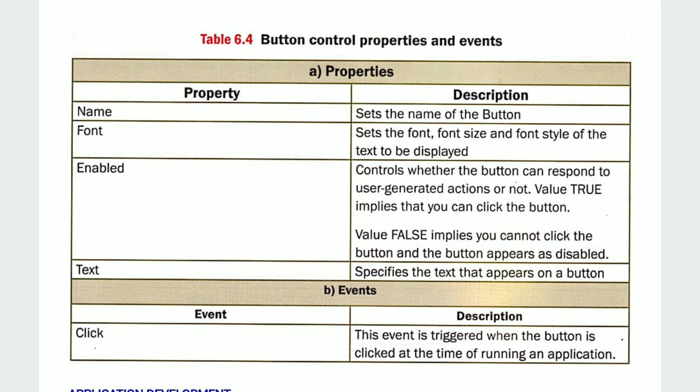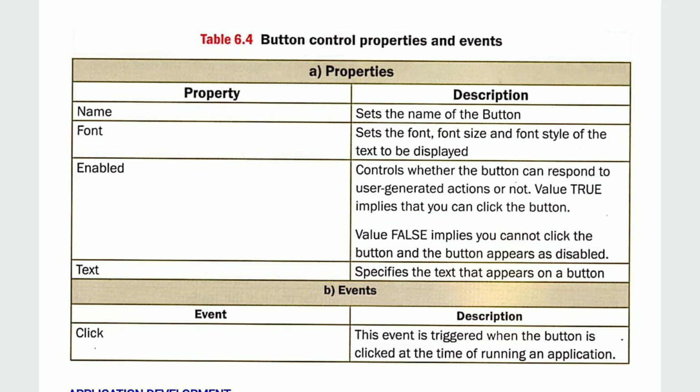The next property is the enabled property. The enabled property is used to determine the true or false value. When the command button responds to an event, it uses the true value, otherwise the false value. If we want to disable the button, then we have to set the false value in the enabled property of that particular button control. By default, the true value is selected.